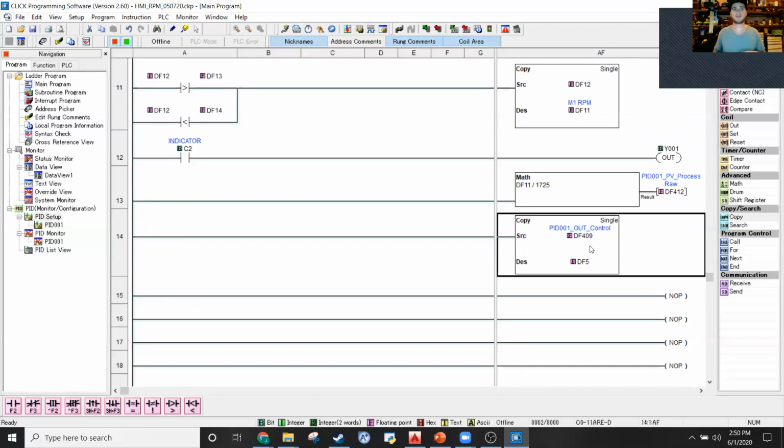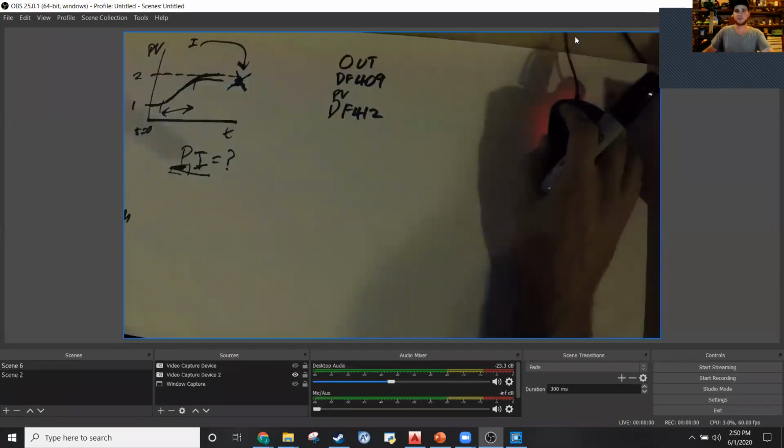HMI to be 100%. Now, there's one important point I want to make, which is that you could potentially want your output to be more than 100% of what your actual maximum set point would be, because of physical disturbances and inhibitions in your system. So what the heck am I talking about here? Well, in our case, right now our motor's running too fast. But let's say